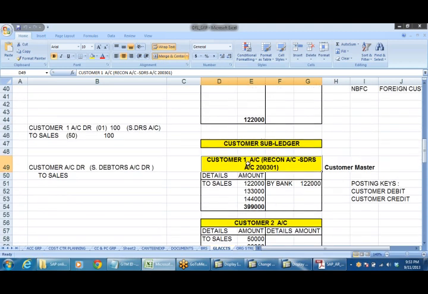Because you may have 100 customers, 200 customers, 300 customers. Recently, in one company, around 1 year back, we implemented SAP, and there they had more than 5,000 customers, right? Any outstanding balance in a customer account is a current asset for us.